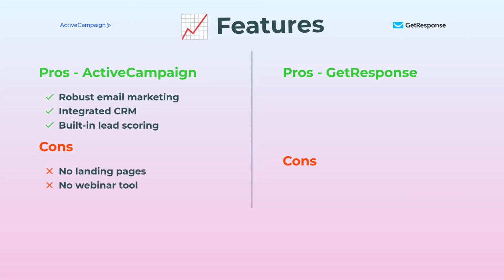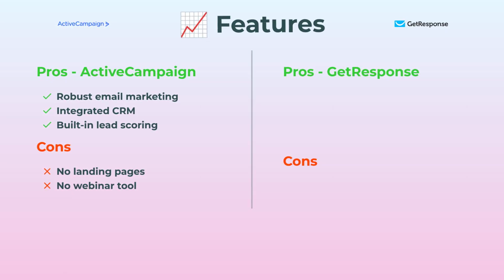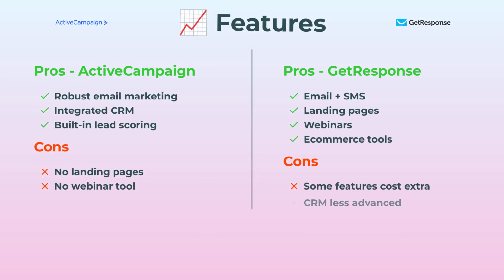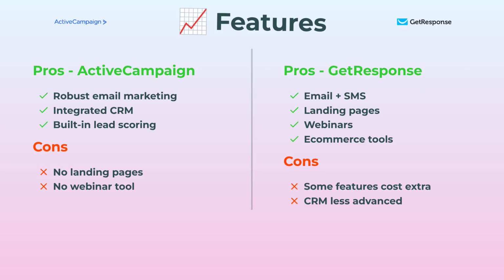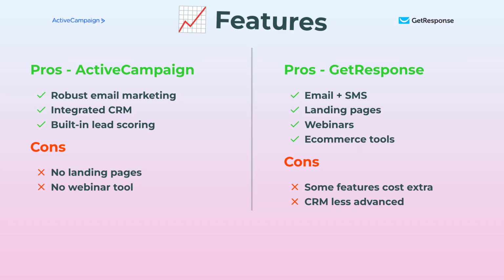Features. ActiveCampaign. It nails email marketing, and the built-in CRM plus lead scoring is a big deal for people who like analytics and chasing leads. But it skips things like landing pages or webinars. Switch to GetResponse, and suddenly you've got not just email, but SMS, landing pages, webinars, even some e-commerce tools on board. Sure, some goodies cost a bit extra, and their CRM isn't mind-blowing, but for pure toolkit power, GetResponse really